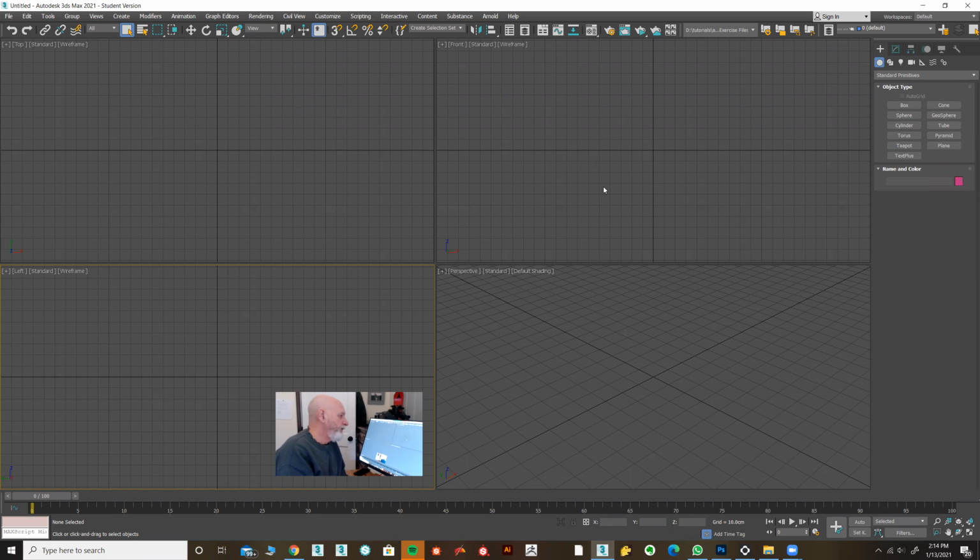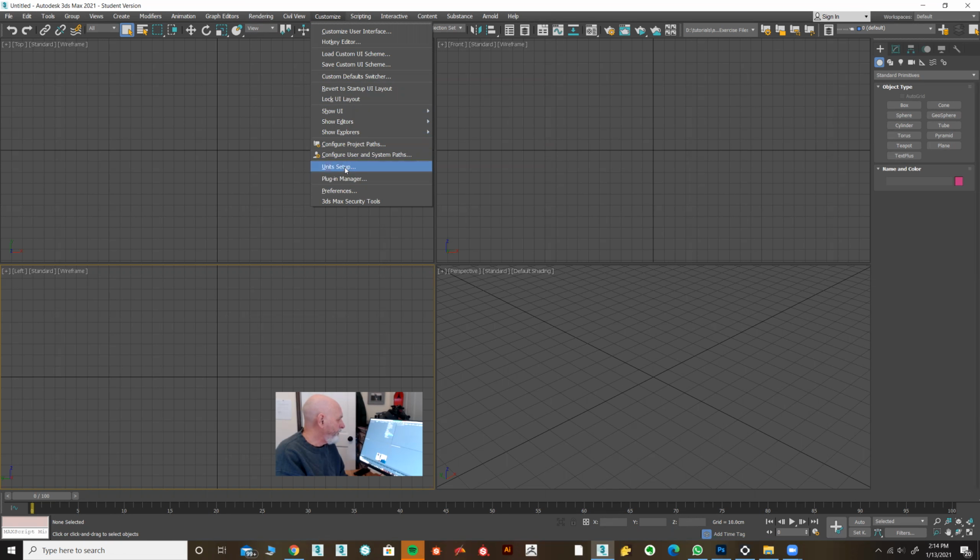All right, so I'm in 3ds Max. Let's build our model first. It's just going to be a cube. Like I said, it's going to be simplified. First off, though, let's make sure we're all on the same page, using the same unit of measure. If I go to Customize up here in the main menu and Unit Setup,